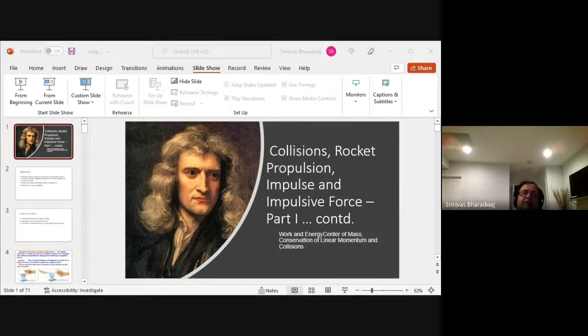So sigma mi Ri from i equals 1 to n, divided by M, is called the center of mass. It is a vector. The location of the center of mass is a vector, and its position is capital R CM. Now this is nothing but a vector weighted average. Sigma mi Ri by M is the vector weighted average.